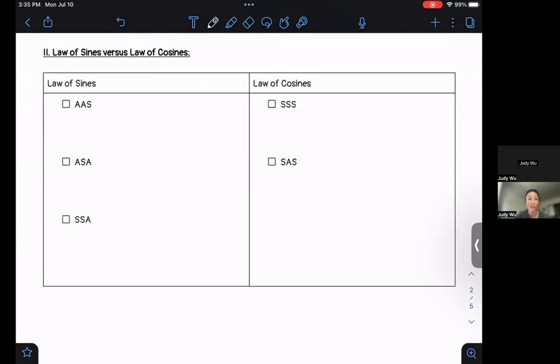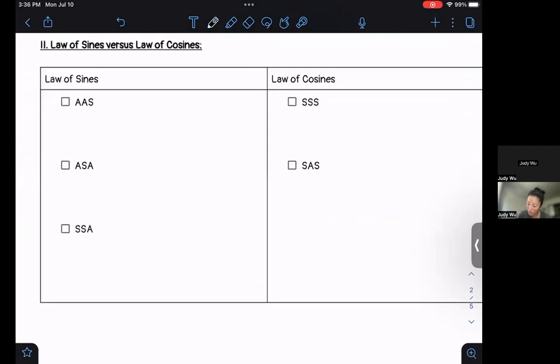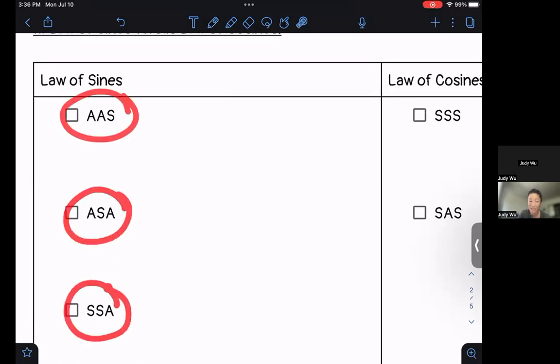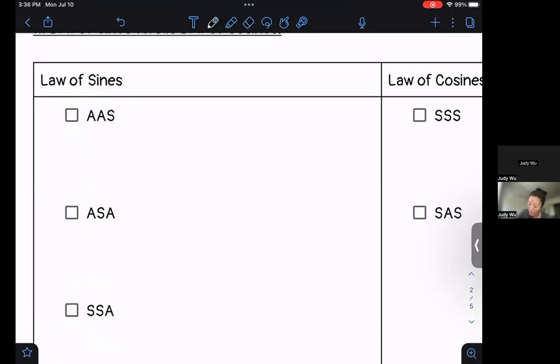So, law of sines versus law of cosines. I think one of the most confusing things in math is learning new formulas and then knowing when you use them and why you use them. So just a quick refresher. We used the law of sines in three cases: angle, angle, side; angle, side, angle; and side, side, angle. If we draw a quick diagram for each one,